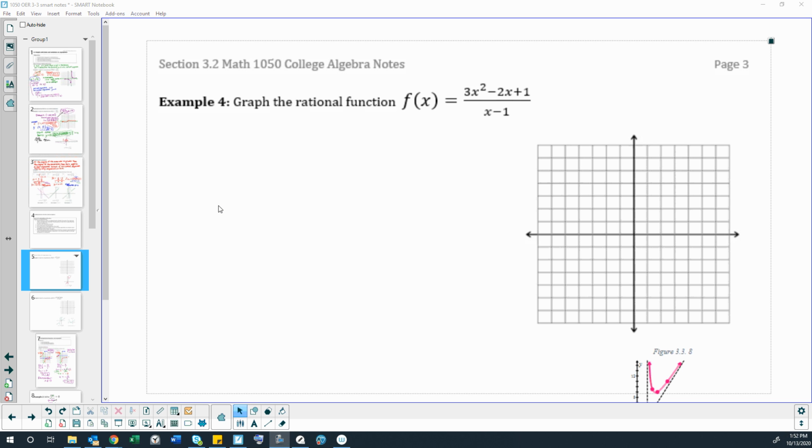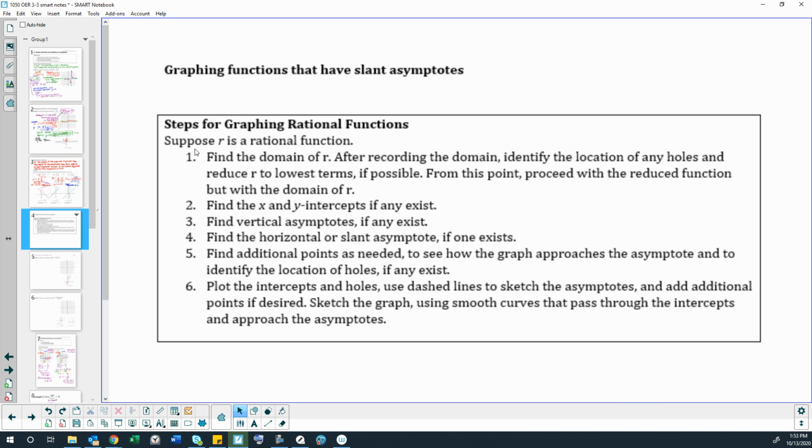Section 3.2, example 4. All right, step 1. Oh, let's go back to our steps. Here they are. Steps for graphing rational functions. Find the domain by factoring, right? Identify holes, then reduce, and then find x and y-intercepts, find vertical asymptotes, find horizontal or slant asymptote, find